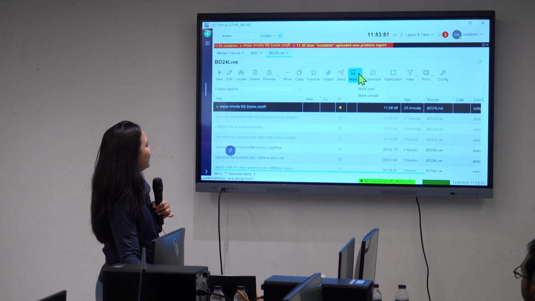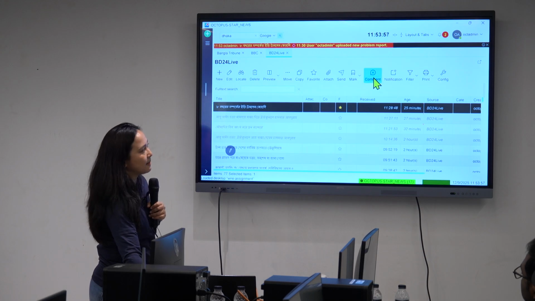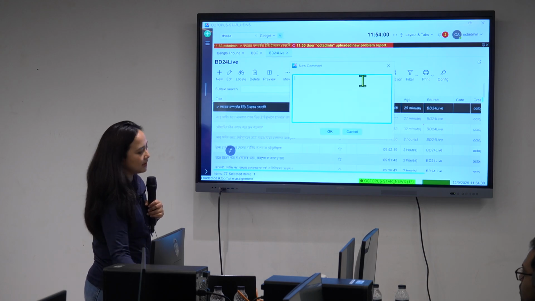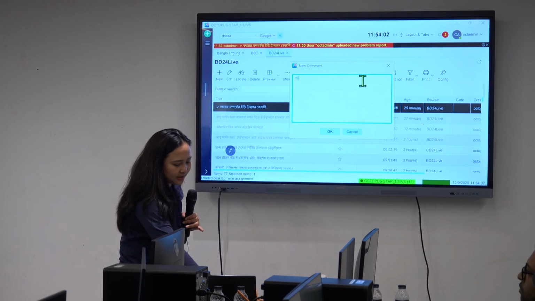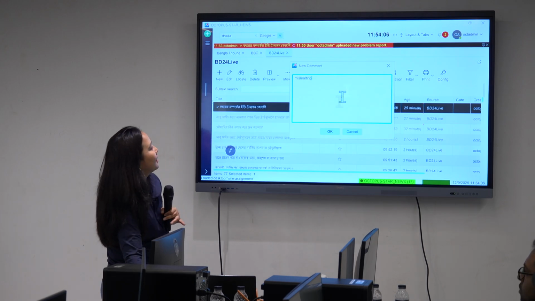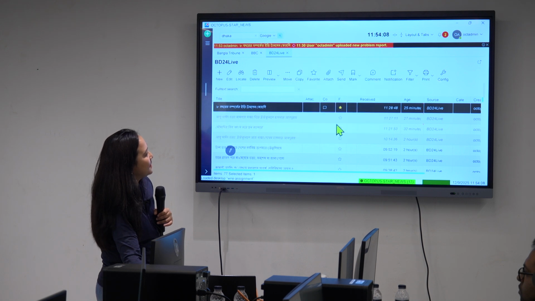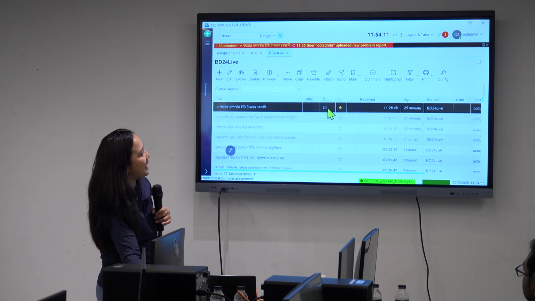And then you can mark this wire as read or unread, and then also you can add some comment. Let's say this news is actually misleading. You can type your text here and then press OK. What happens is in this comments tab, I can see this